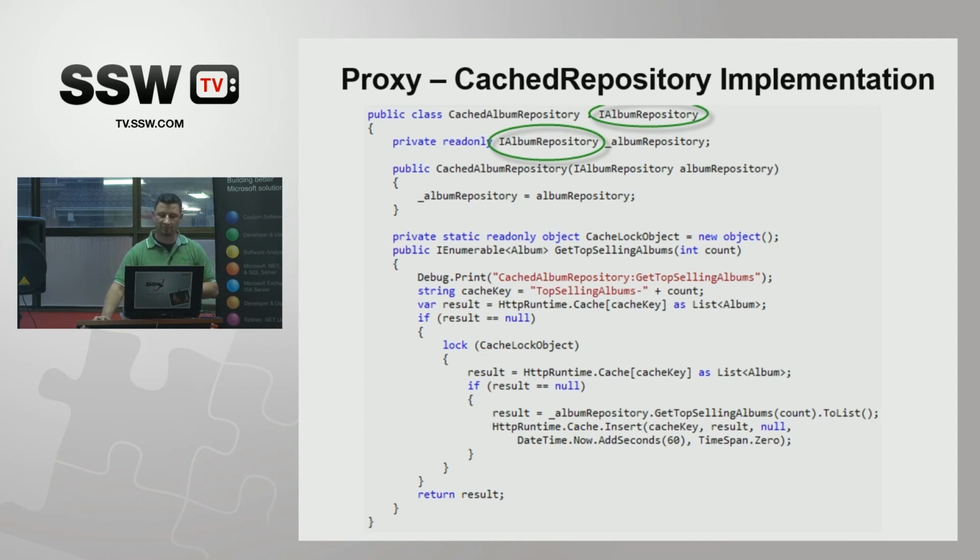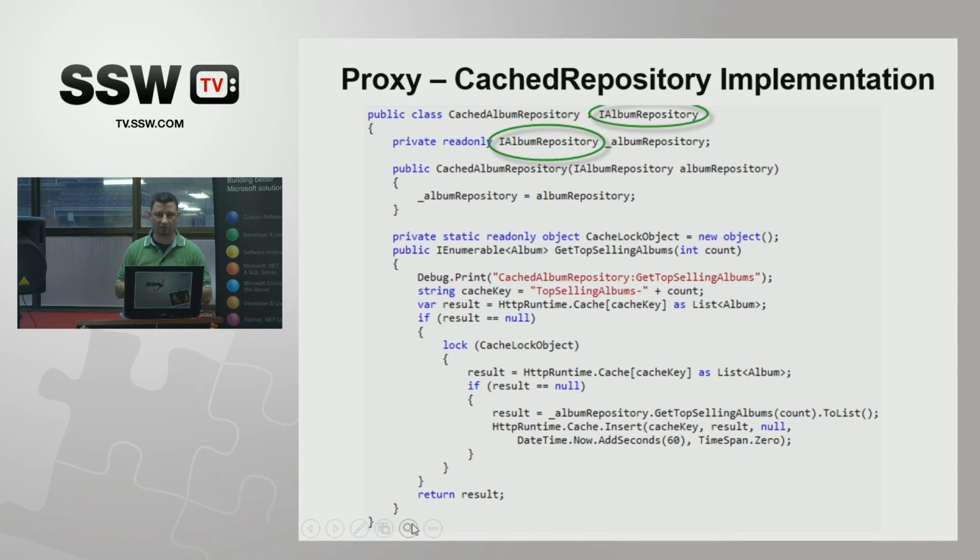Now the way this works is you'll see at the top that it's taking in an IAlbumRepository in its constructor, and it's setting that to a local instance. That's the standard strategy pattern. So we're actually using the strategy pattern and the repository pattern and the proxy pattern with this one. And then it's delegating to it down at this line right here where it says result equals albumRepository. Now the trick for this is when you go to use your IoC container, typically you're going to tell it something like, anytime something asks for an IFoo, give it one of these, right? So I'm going to configure my web application now to say, anytime something asks for an IAlbumRepository, give it